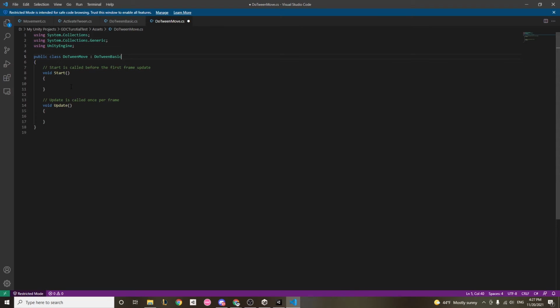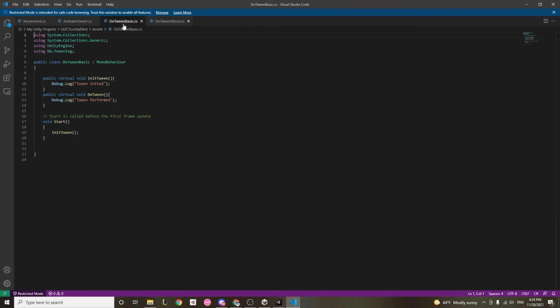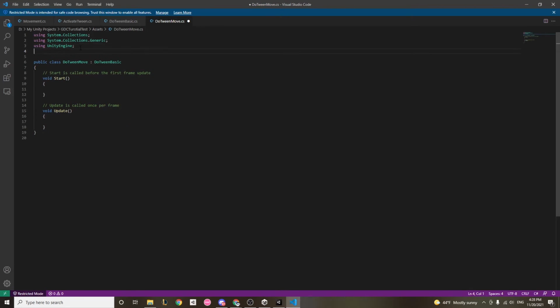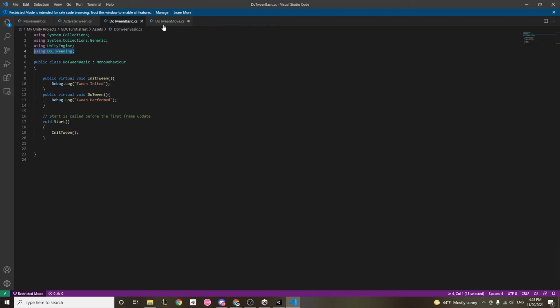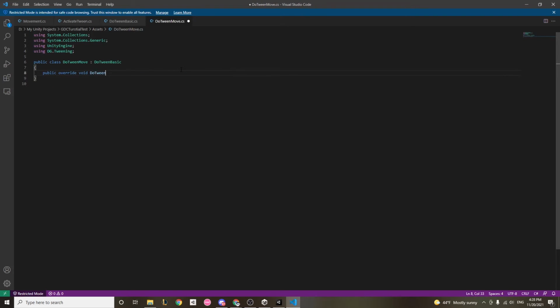It's a bit of inheritance if you're familiar with object-oriented programming. We'll also grab using DG.Tweening, and we will just override: public override void. It's called DOTween, and we will tell it to do